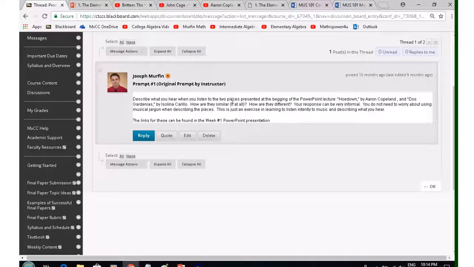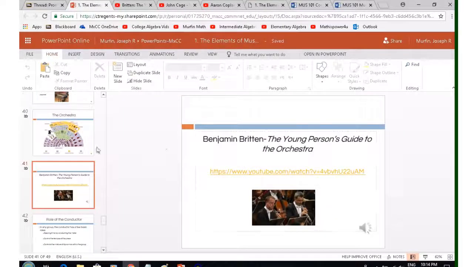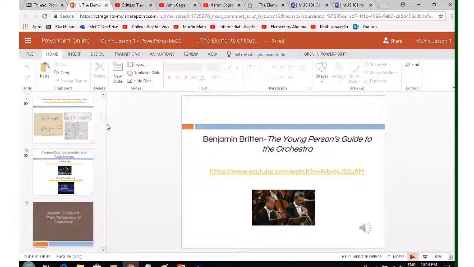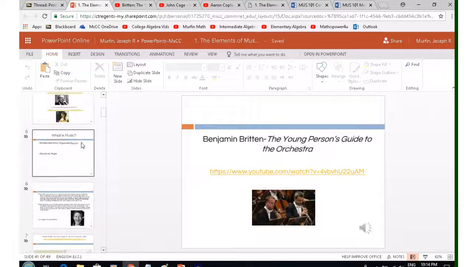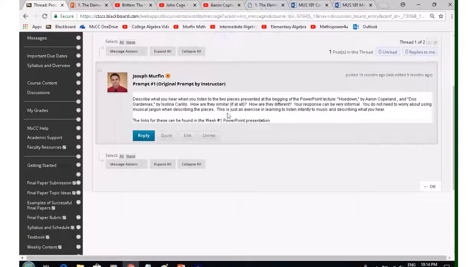Describe what you hear when you listen to the pieces presented at the beginning of the PowerPoint lecture: Hoedown by Aaron Copland and Dos Gardenias by Isolino Carrillo. So this is like the ones that we just looked at a second ago. I think it was this slide at the beginning. And a lot of times the discussions will be based on listening activities. So you can go ahead and look at these first before you go through the PowerPoint, and then